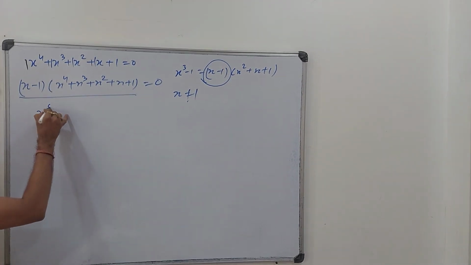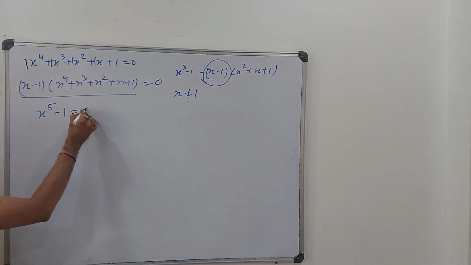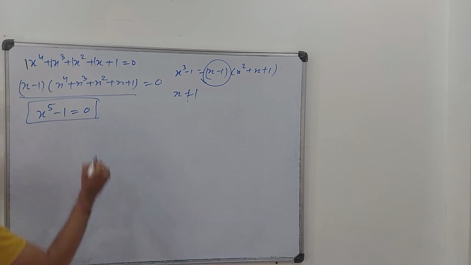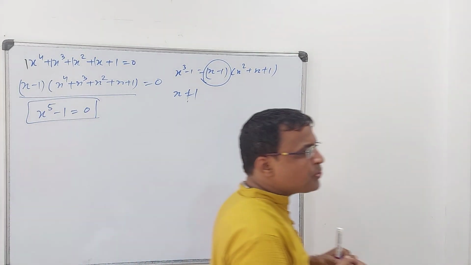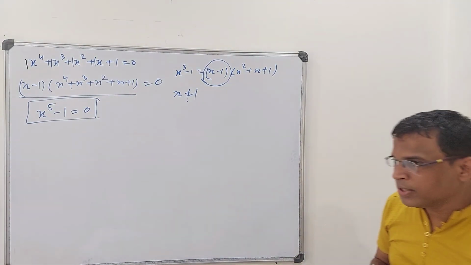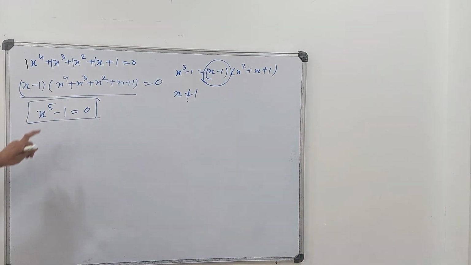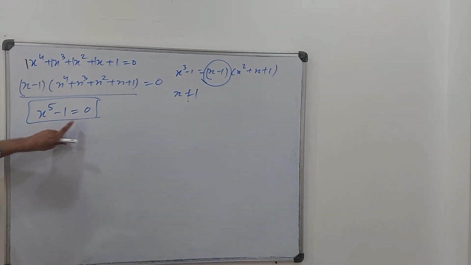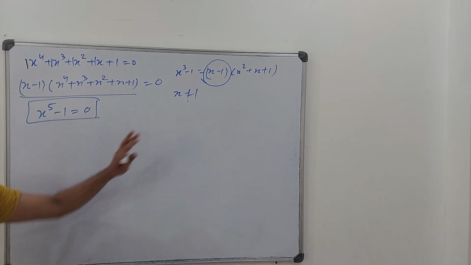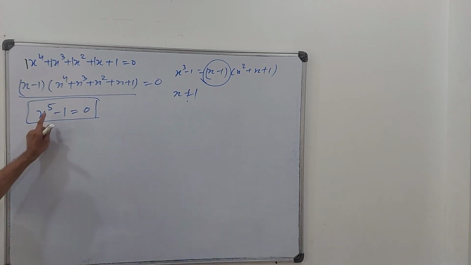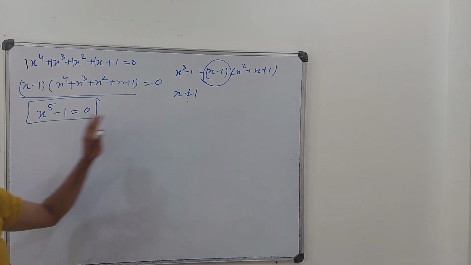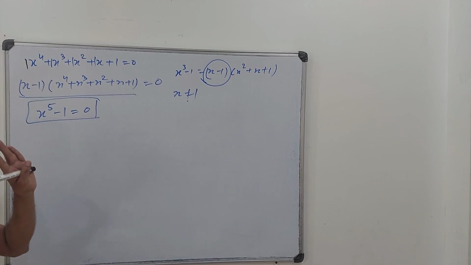Similarly, this is your relation, x to the power 5 minus 1. This is your relation, as simple as that. Now the beauty starts from here. x is equal to 1 is one of the solutions. Check out, if you put x is equal to 1, 1 minus 1 is 0. But we can't take that. So out of 5 possible solutions, one solution has gone. So see, 4 are left.